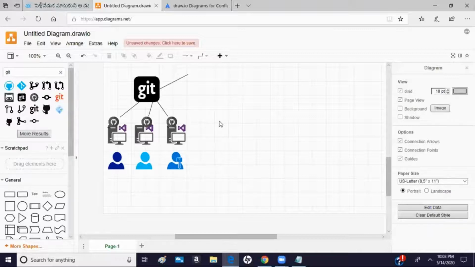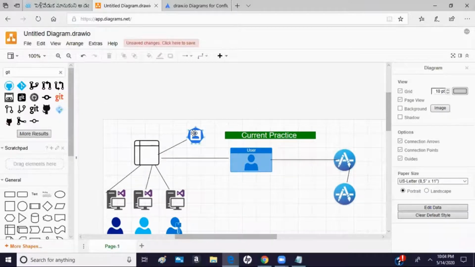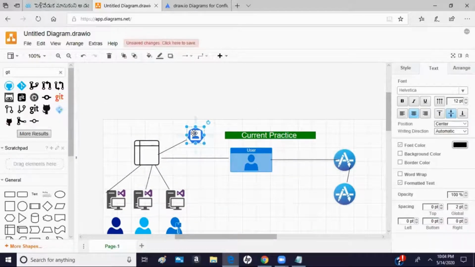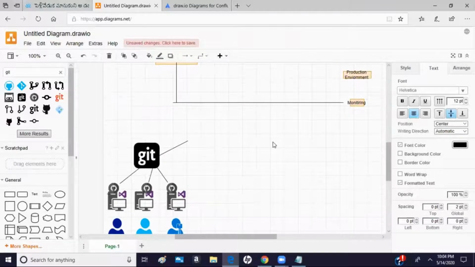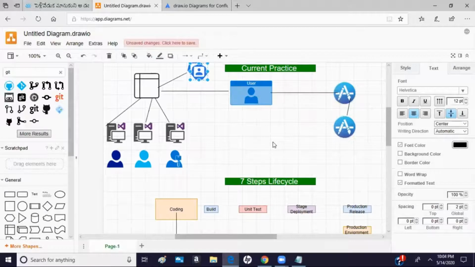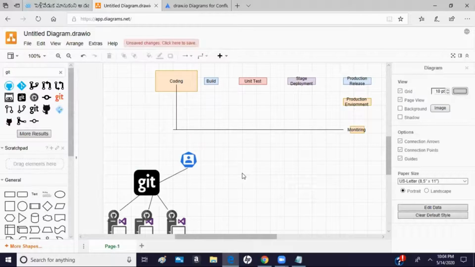Now your team leader, whoever is managing the whole project, is able to get the notification that new code has been introduced by the developer.